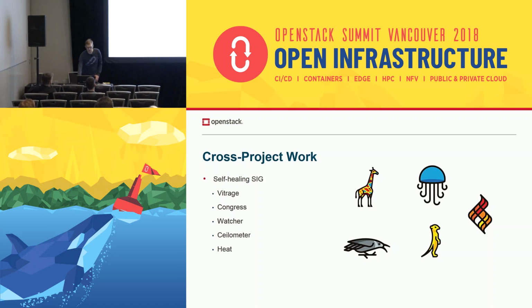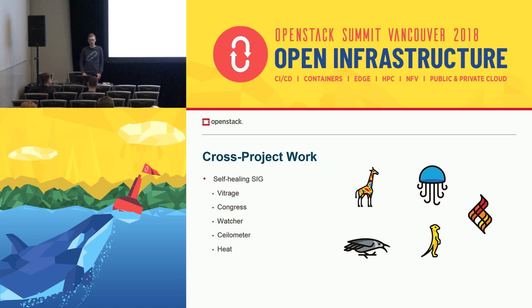When talking on this, I would like to mention our participation in the self-healing SIG, which has been started not so long ago. The goal of the SIG is to provide auto-healing and optimization of OpenStack, and to coordinate the work between different projects.